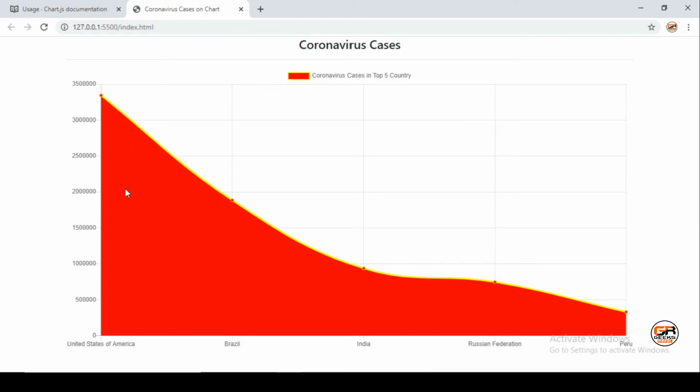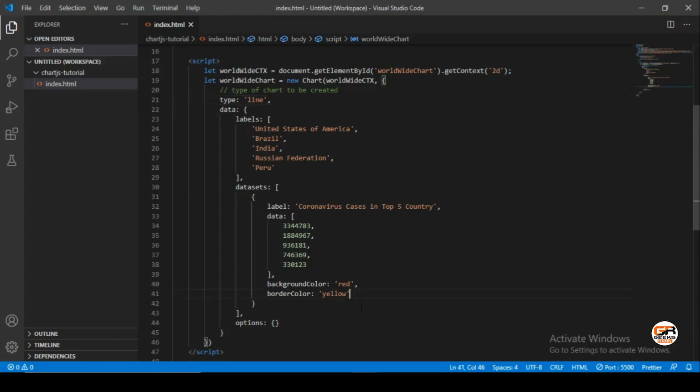As you can see, all the color fills this area. How can we remove this area? I just want to show the line on the graph only. To do that, just put fill: false. Let's check again.